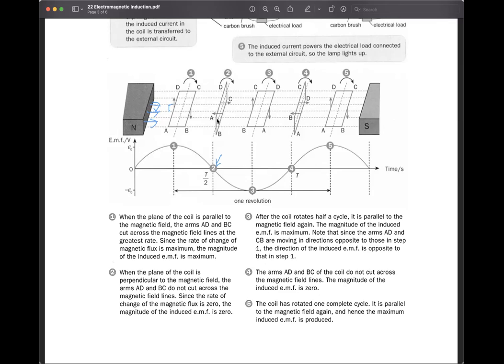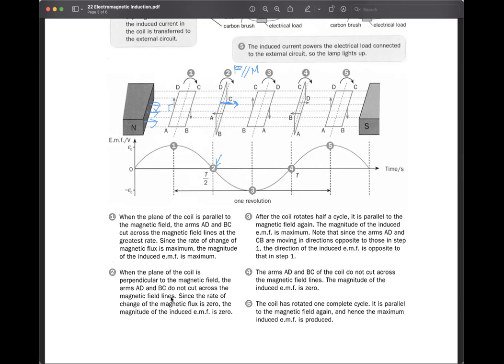I talk about AD. When the force of AD, which is this one, when the force is parallel to the magnetic field,